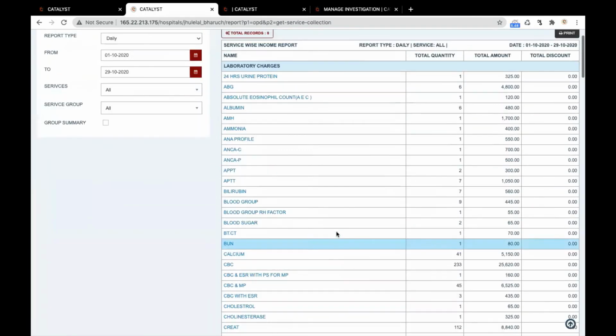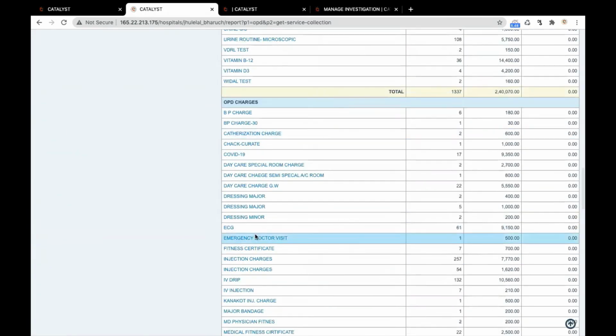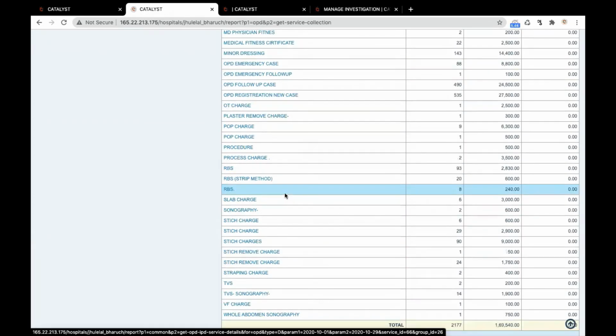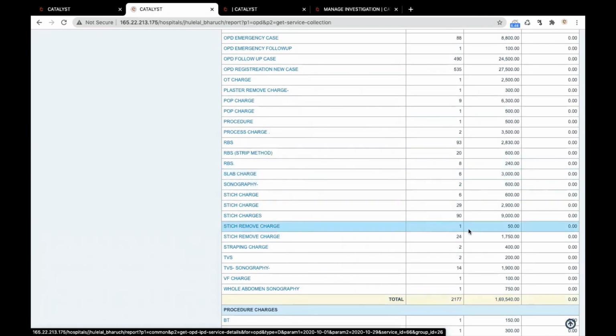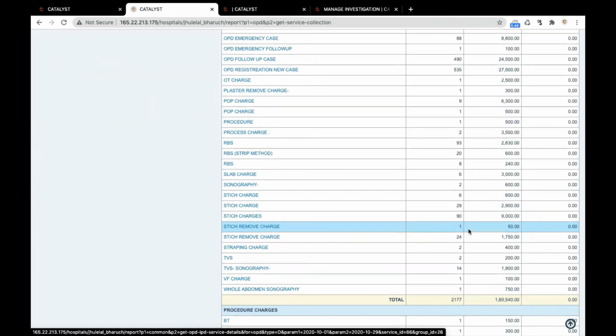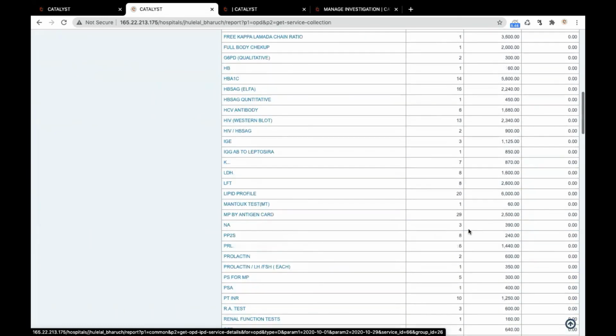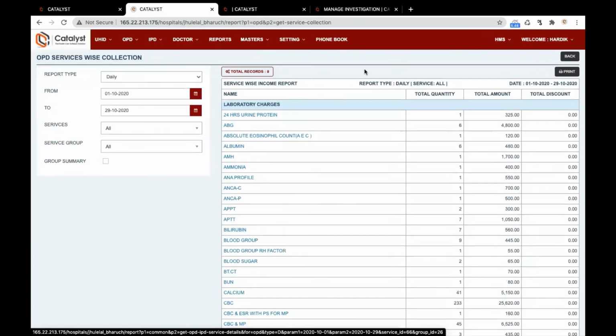Here in the service-wise income report itself, this is the demo link, so I have not entered any health package. We have not created health checkup plans, so it will not reflect here. Once you have created all the health checkup plans according to your requirement, after 2 or 3 days, if you have entertained 5 to 10 plans in 1 week, then you can get the reports of those particular plans.